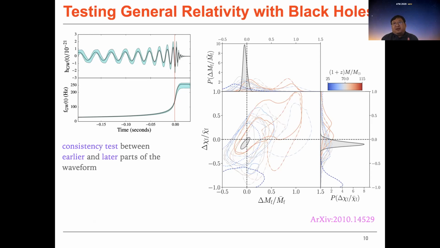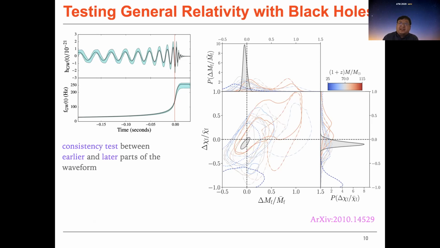And then you take your theoretical model, and then we measure the final mass and final spin from the second part of the wave. And we look for a consistency between these two tests, these two measurements, and we see whether they're consistent. I think the motivation behind this was that, if during the merger process, there is missing energy or missing angular momentum due to some additional physics, you would measure a difference between these two parts of the waveform. But we did not actually see inconsistency.